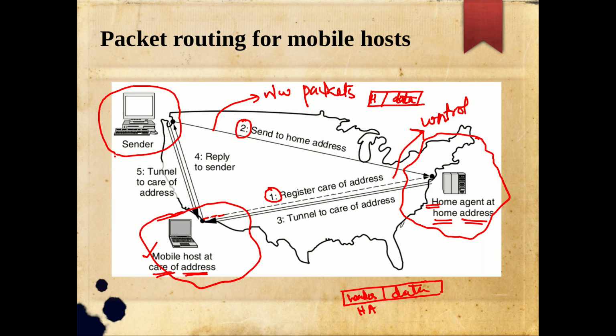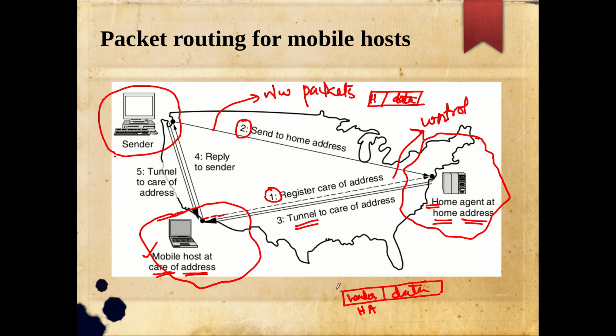Now what the home agent will do is tunnel. So here you have a term called tunnel. This tunneling is something we will see later also, so that time it will be more clear. For the time being, you can assume that this is a complete data packet that has reached, and it is now forwarded further to the care of address. The care of address is dynamic, and when the mobile device moves from one location to another, it keeps on changing, so that need not be communicated to other devices. The devices have the actual home address, so with that the packet is coming.